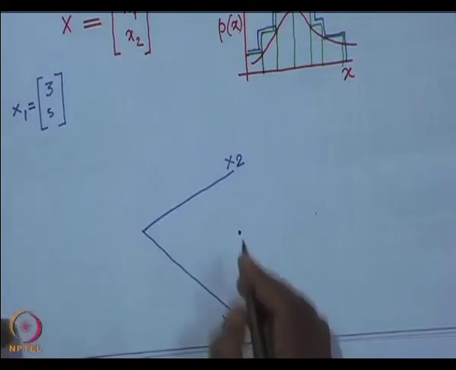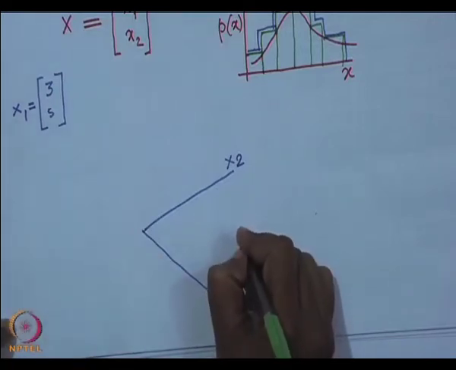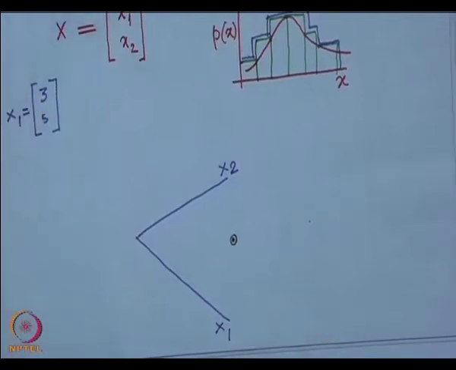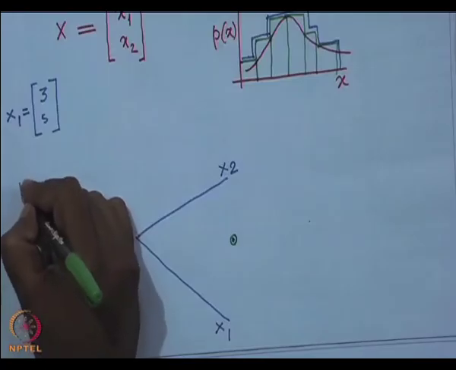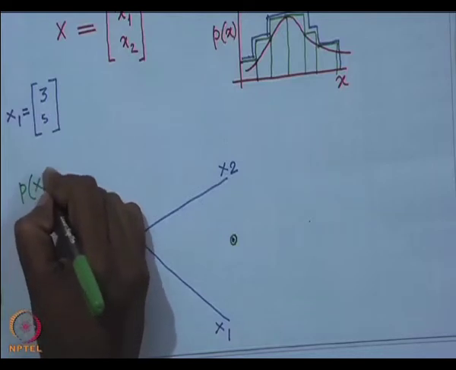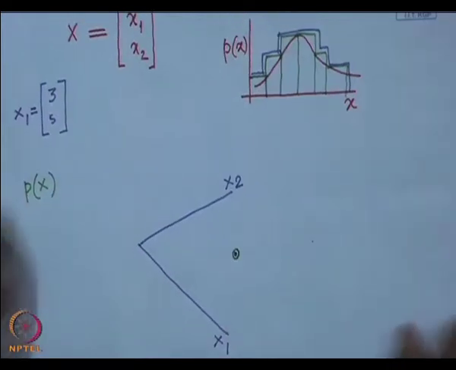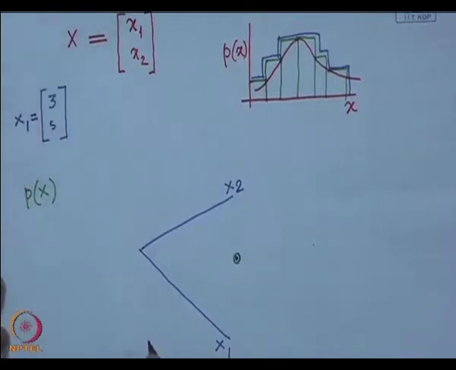So, this is my point (3, 5). Every two-dimensional vector is nothing but a point in this plane, which is defined by x1, x2. Now, if I want to find out what is p of x, that is the probability of vector x, then p of x will be